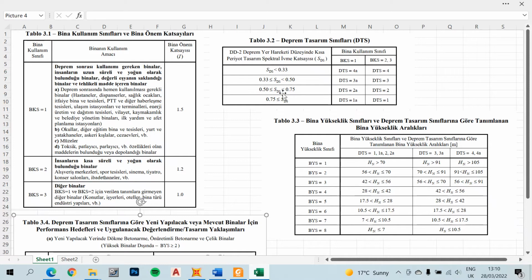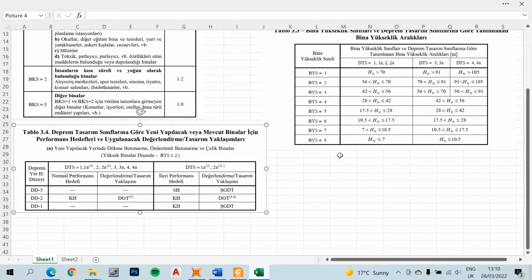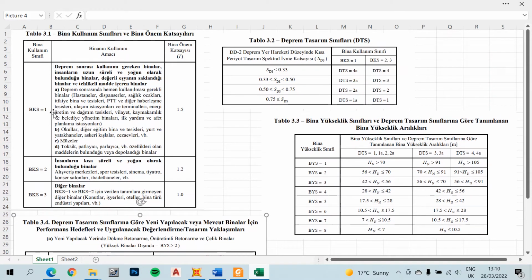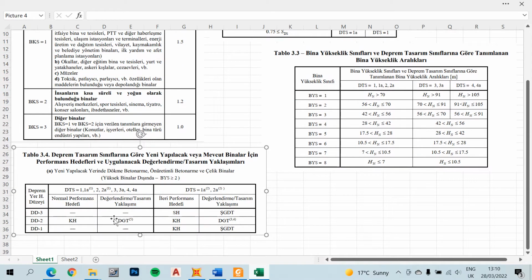You just have to choose the location of your building, and then you can get the spectral values from that website, and then you can decide on what DTS class your building is situated in, and then you can choose the building height class. You can choose the building importance factor. You can also choose what type of method we use in the analysis. So let's go ahead and go to the